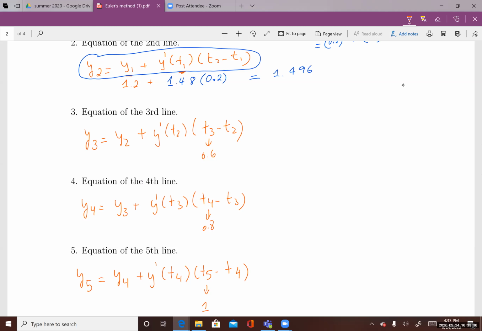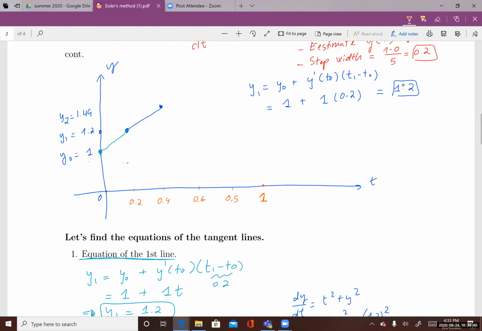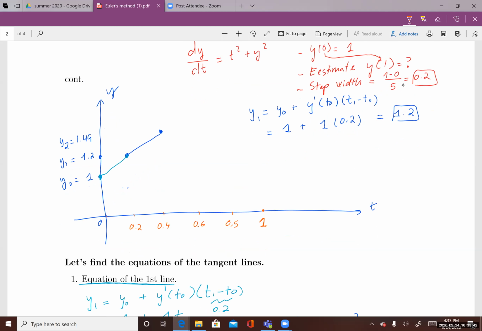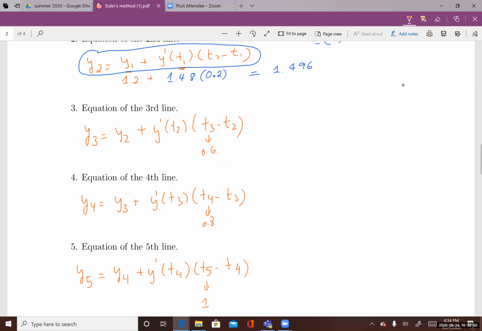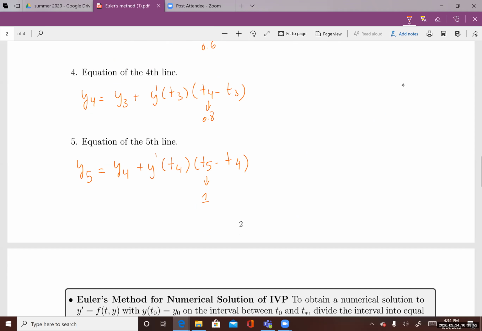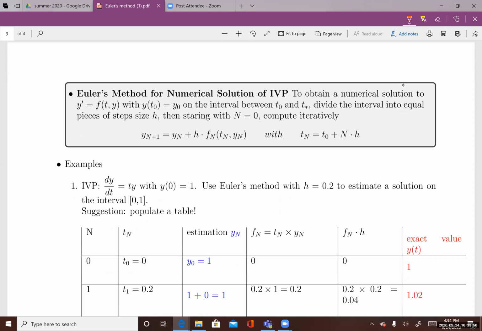Once we define all the equations for all the tangent lines, we can just plug in the information in order to estimate the point when t equals 1. All right. Now, to summarize Euler's method,